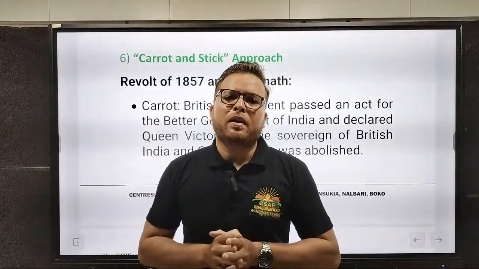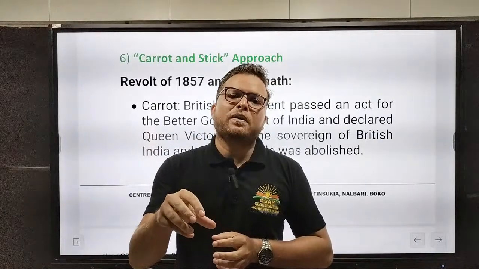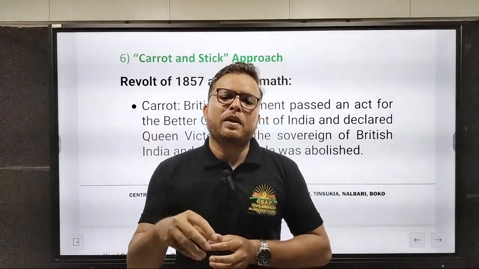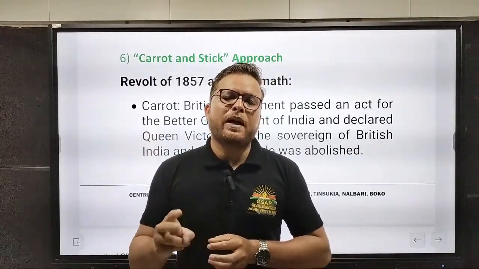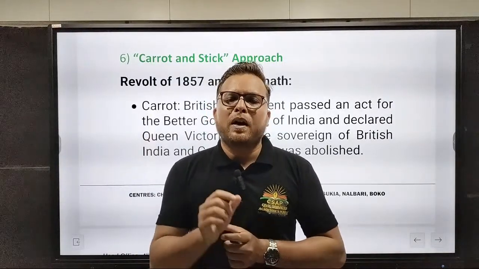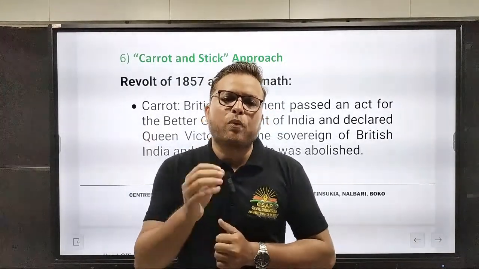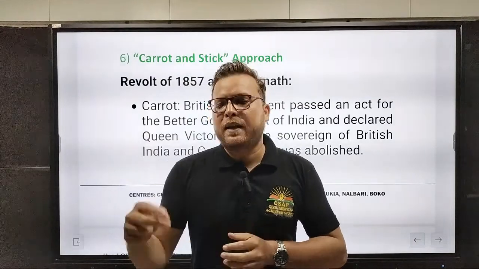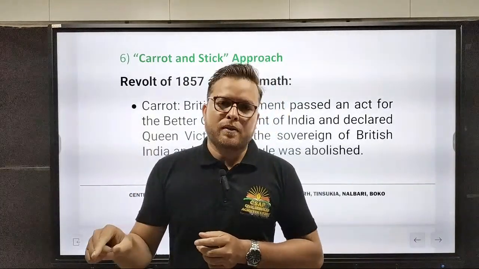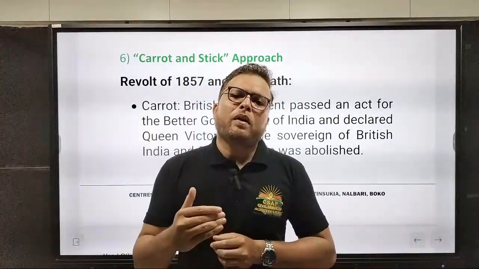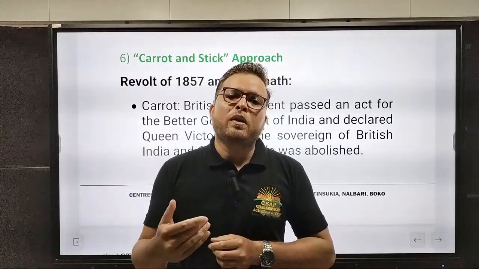This system is known as diarchy. Diarchy was introduced. So councils were introduced at the provincial level, and then a system of diarchy was introduced under which two lists were introduced. One was known as the reserved list and the other was known as the transferred list. Each of the provinces had their own governors.